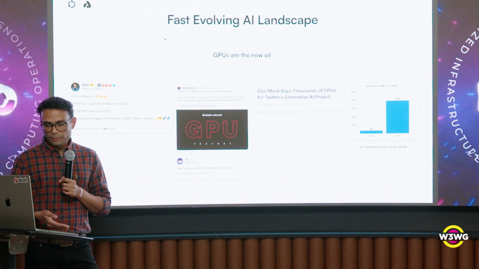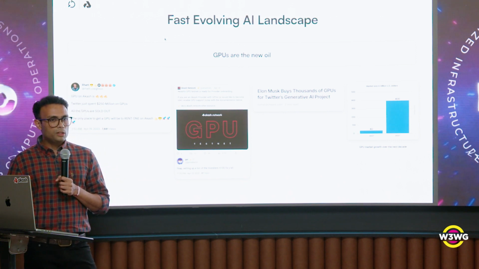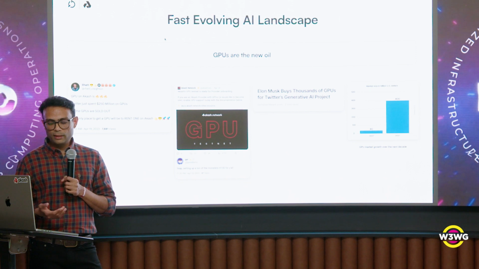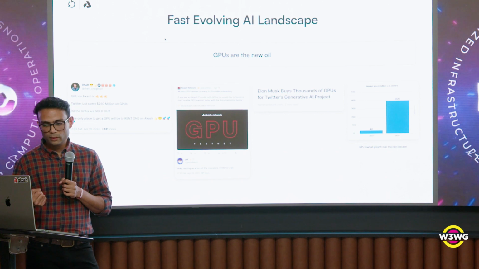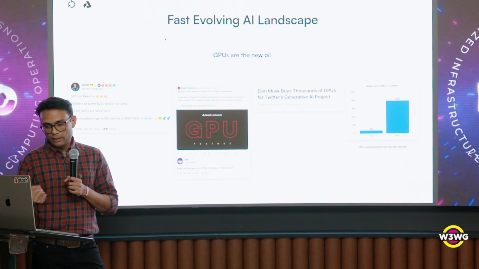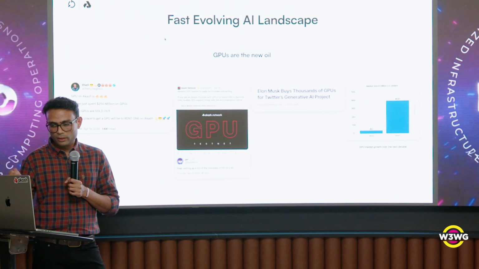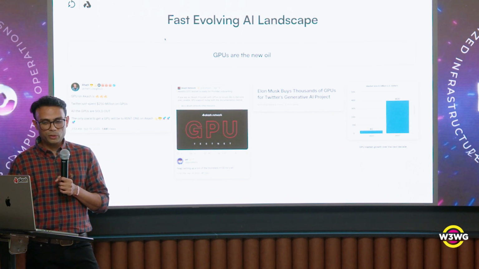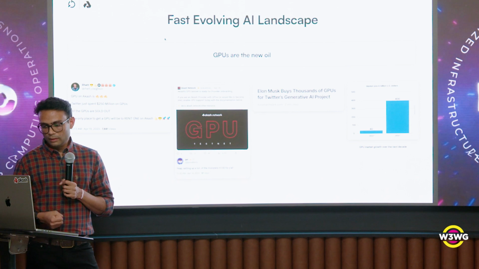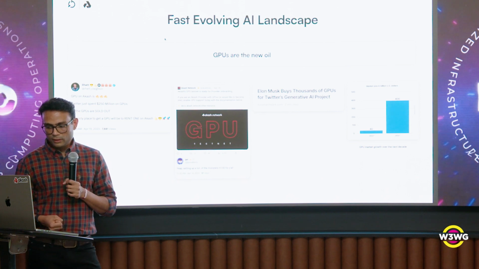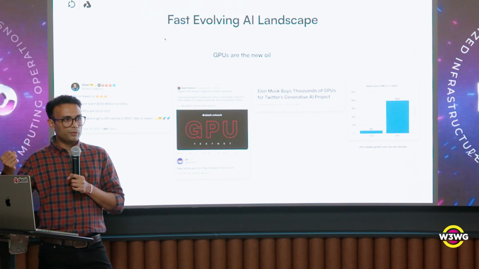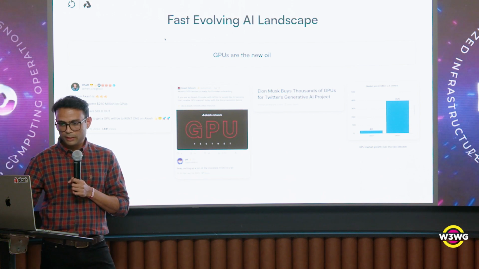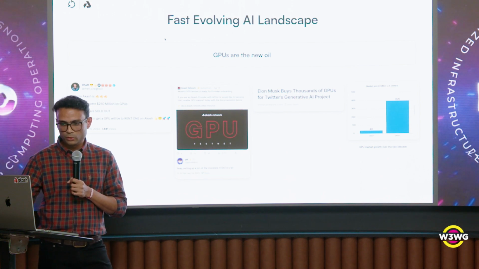And rightly so, they're excited about it, because if you look at the GPU stronghold today, all the big tech companies essentially hold the bulk of the GPU capacity in the world. And Elon Musk is the latest one to enter that race, and he's reportedly purchased billions of dollars worth of GPUs to start building something within Twitter. And the last slide here is the projected market growth rate for GPUs over the next 10 years. The estimate is it goes from 40 billion today to about 400 billion over the next decade. So that's a pretty big TAM, and if we can carve out a small portion of it, it's a good business to have.